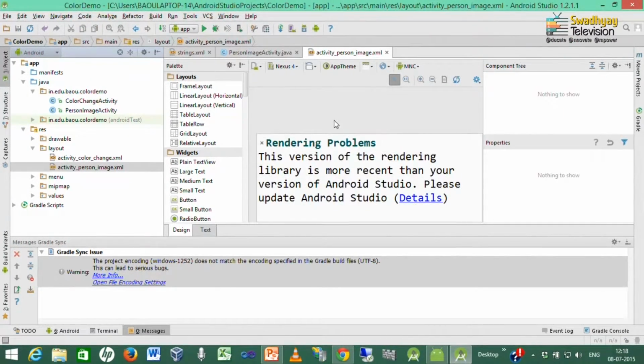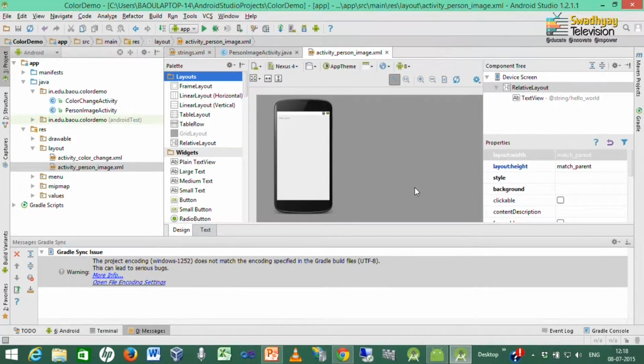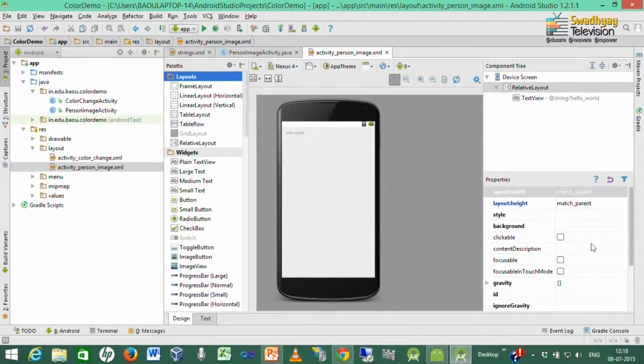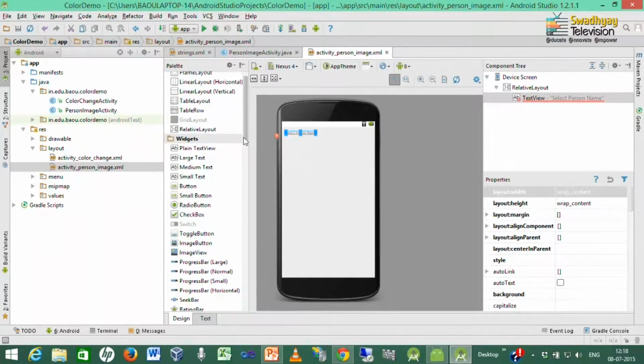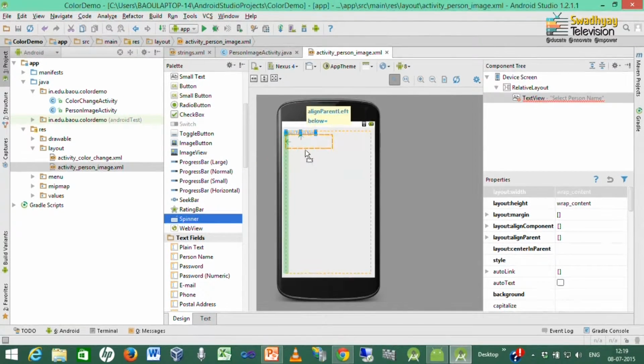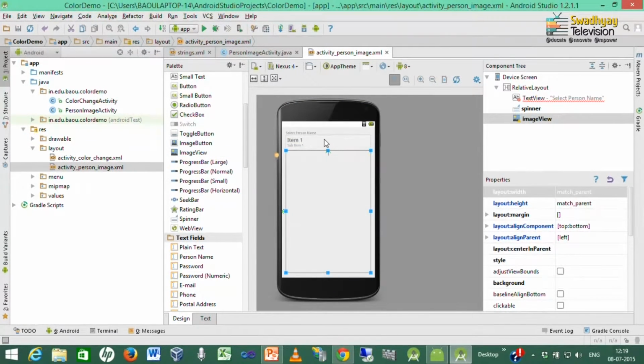It creates two files, one Java file and one XML file that represent the activity and our interface respectively. I change the text view text to select person name, and then I put one spinner control to display the list of persons, and below that I declare one image view. So, our interface is ready.